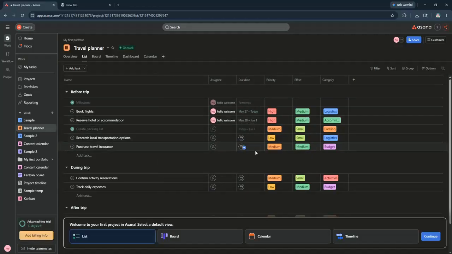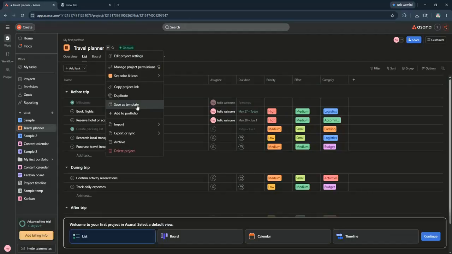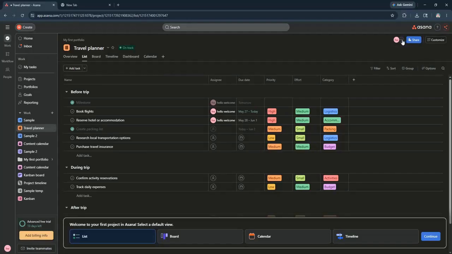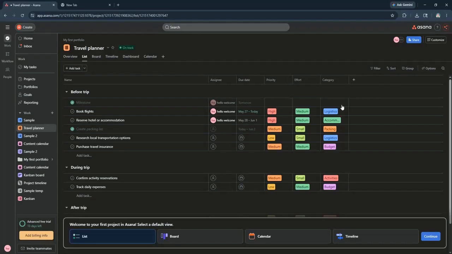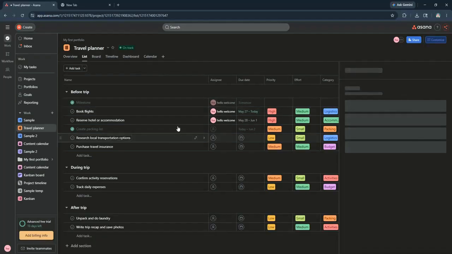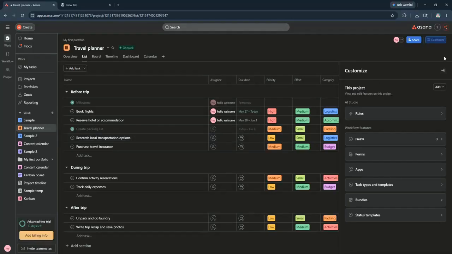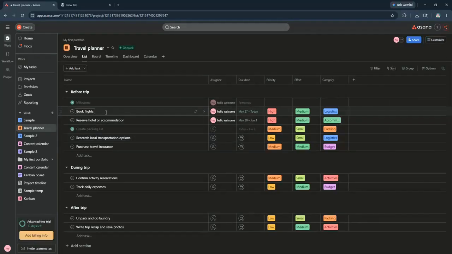Now, look for the Add Teammate button, which should be visible at the top right of your project dashboard. Click on it, and you'll see an option to add AI teammates. Choose the AI teammate option and select the specific AI you want to collaborate with. Asana provides different AI options tailored for tasks like scheduling, analysis, or brainstorming, so pick the one that best suits